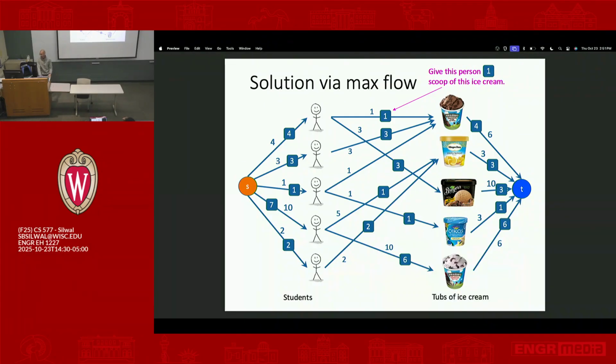And because the constraint here was 3, I cannot feed this person 100 scoops of ice cream, and because the capacity here is 1, I'm not going to give this person 2 scoops of chocolate. So these capacities are just enforcing these constraints. Does that make sense? It's the same as the assignment problem or the matching problem, but now